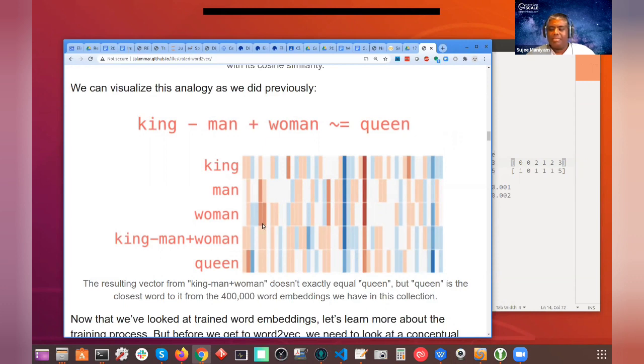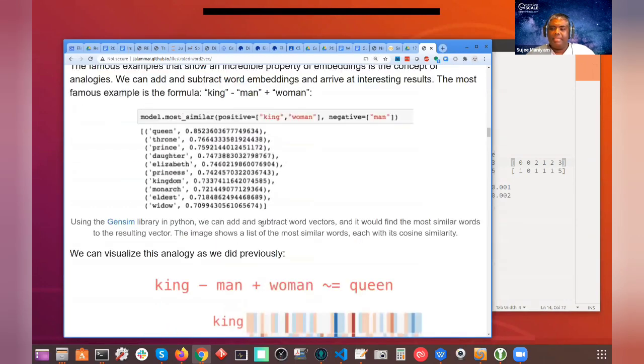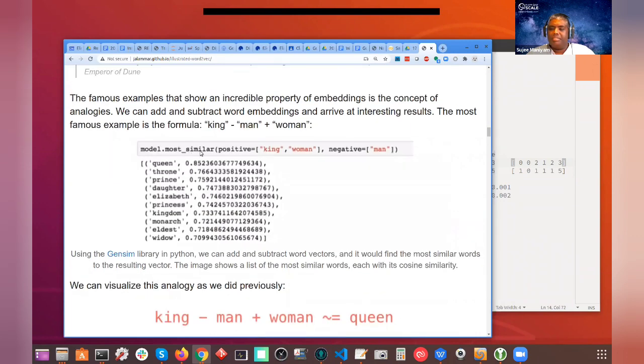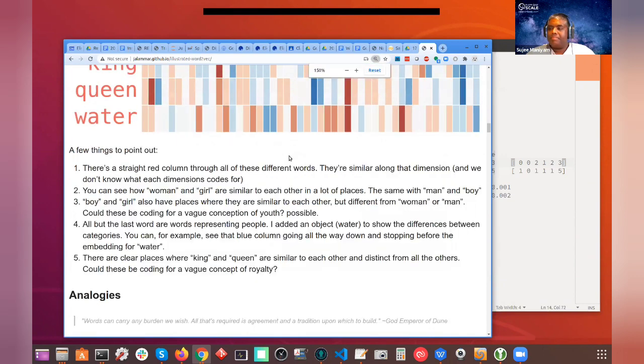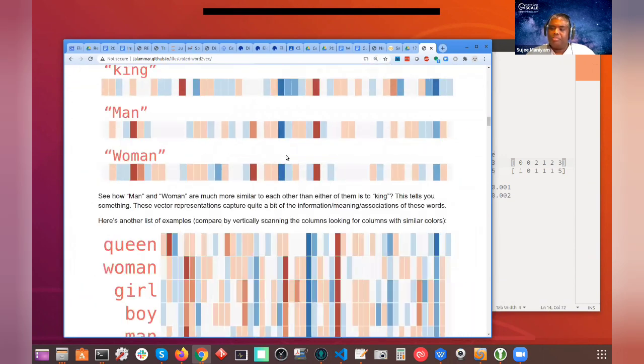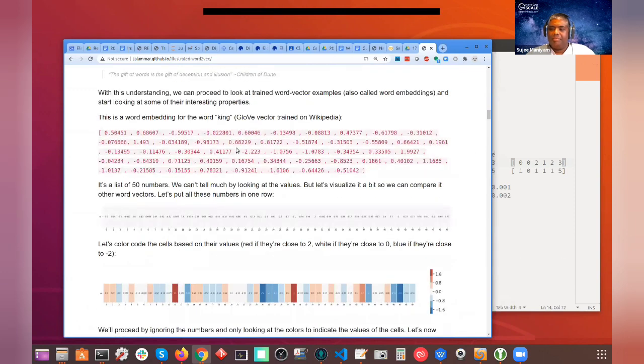At the end of the day, these are just vectors, but they capture meaning. That's why I like Jay's blog, because one of the cool things he did was this: if we look at the vectors, they're just numbers.